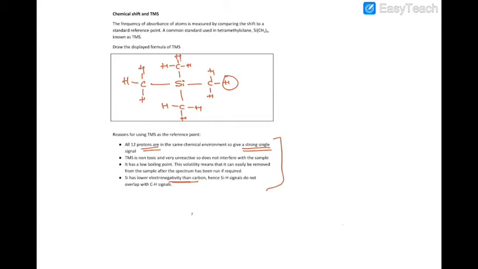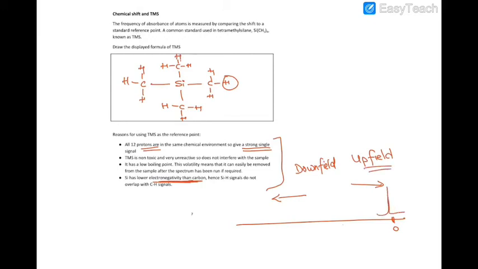And it also has lower electronegativity actually than carbon. Therefore, the peaks are going to be upfield. When you look at an NMR spectrum, when the chemical shift value is close to 0 in this direction, we call this upfield. And as chemical shift values go higher, it's called downfield. So because of the lower electronegativity of silicon, it causes the chemical shift value to be very upfield, which means that all the chemical shifts for organic compounds are going to be downfield in comparison to TMS. Hence, there is no interference between the